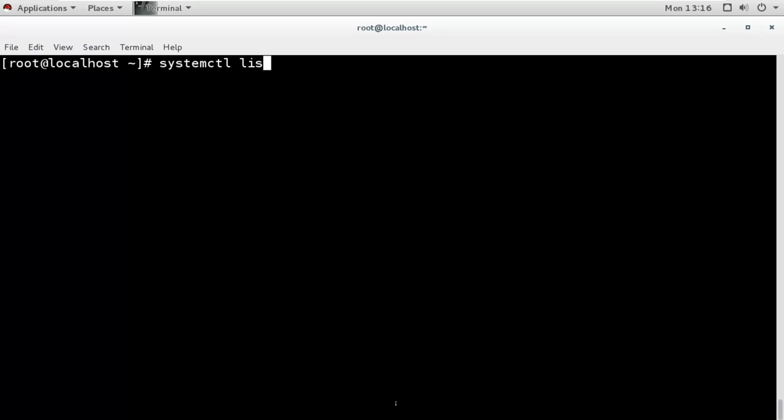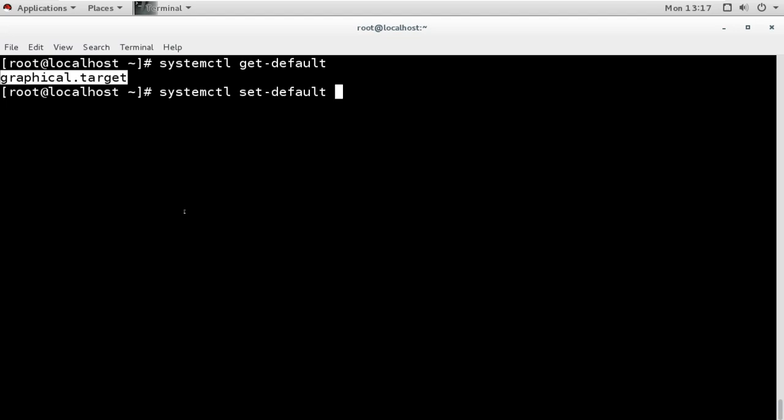Suppose you want to see first what the default is right now, then you can run get-default. It shows that right now the default is graphical.target. Now if you want to change it, if you want to set it to command line, you can run systemctl set-default, and I want to set it to multi-user. Now you see the interesting thing, what it does.